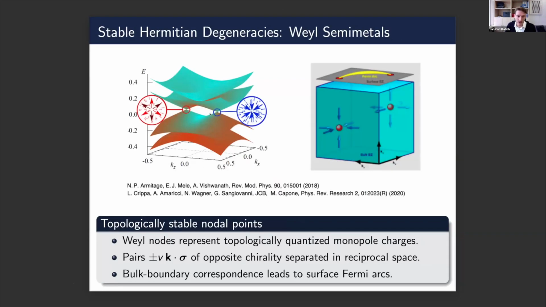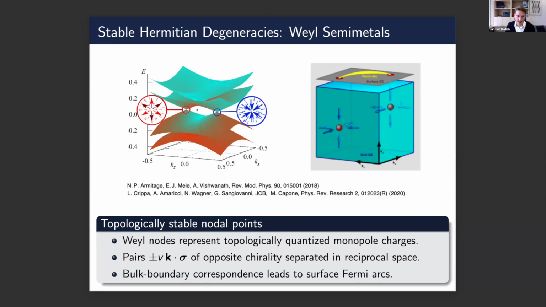And for the starting point of non-Hermitian topology, I want to focus more here on these Weyl points. The Weyl points can be seen as monopole charges of Berry curvature, and in some sense these Fermi arcs are nothing different from the familiar chiral edge states in the quantum Hall effect. So you can think of slicing this 3D system in 2D slices, and then at these nodal points here, the 2D topology, the Chern number of the system, changes.